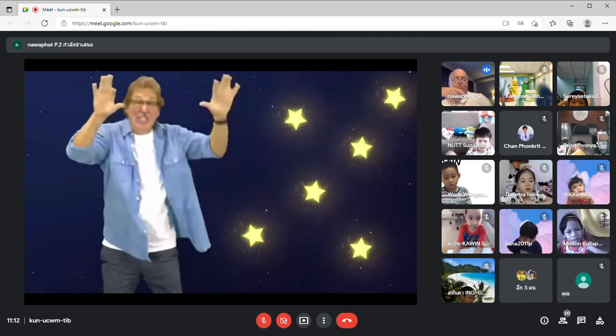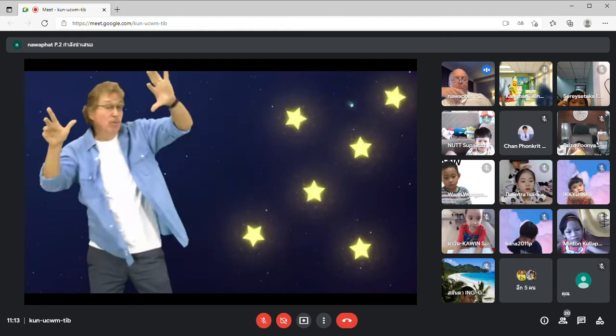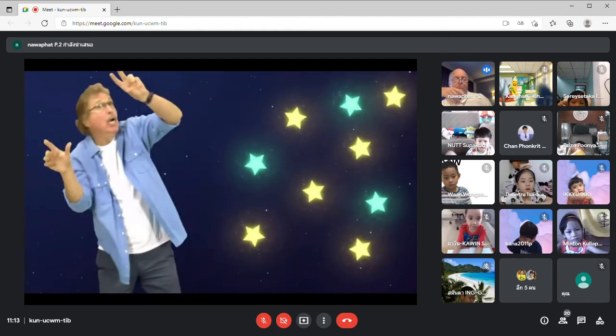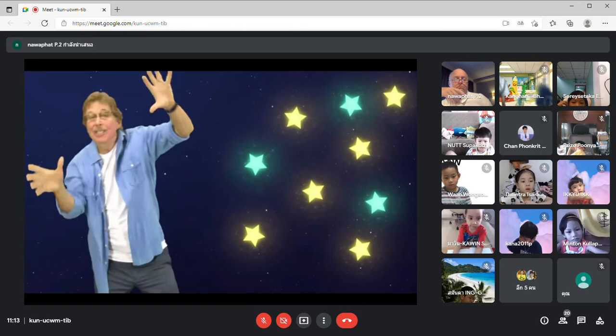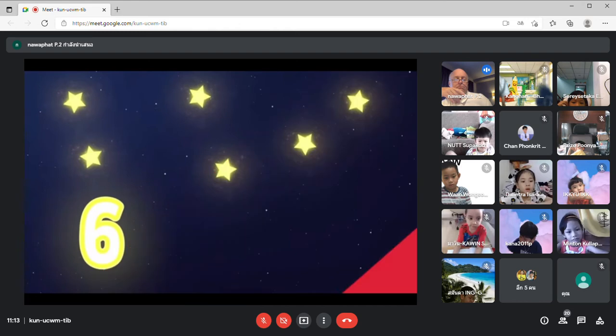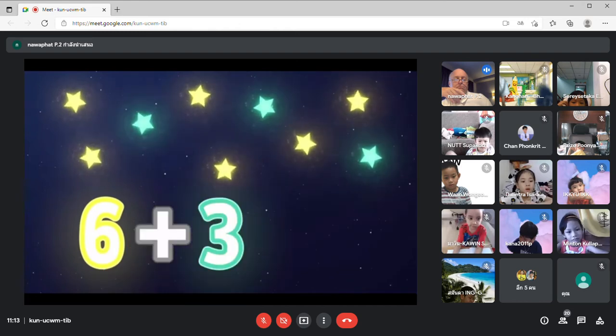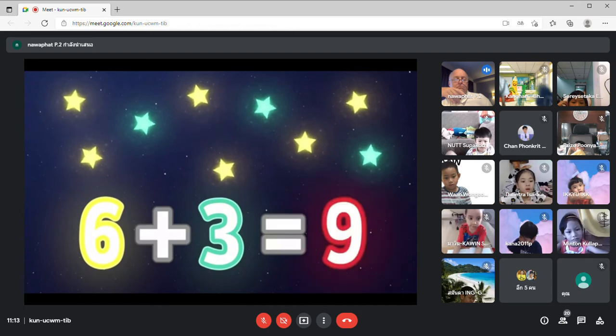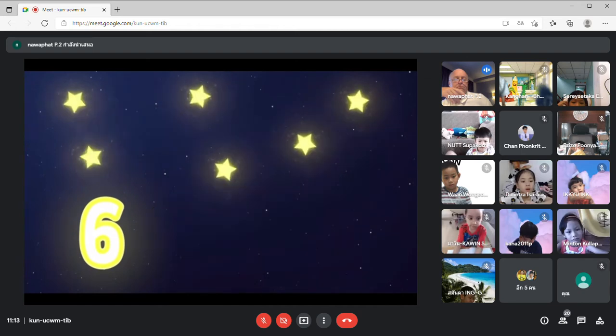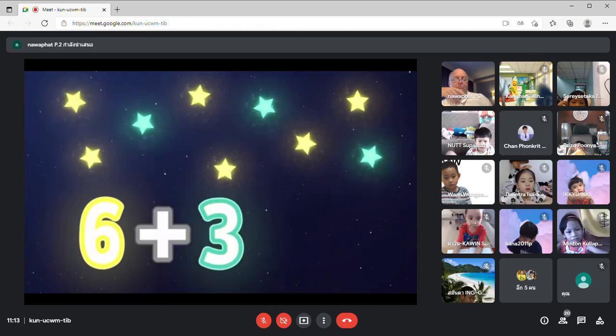Here are 6 stars. Here's how they move. Add 3 more stars. Add and move. 6 plus 3 equals 9. 6 plus 3 equals